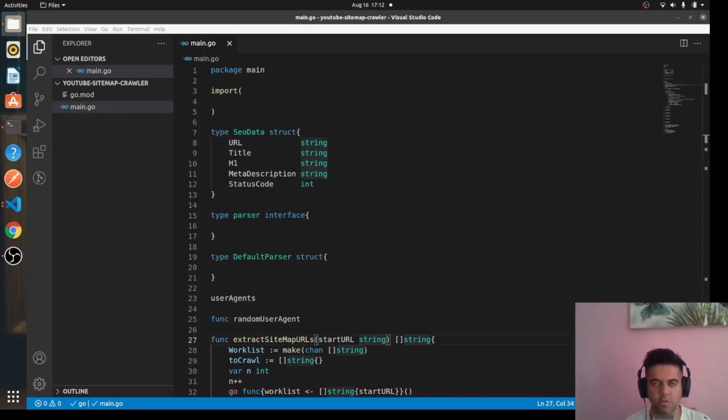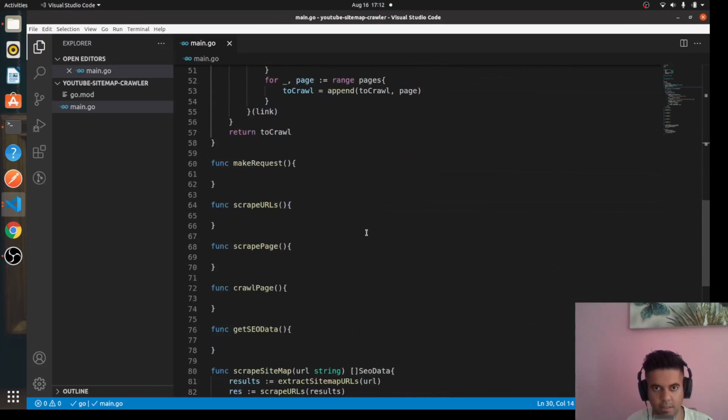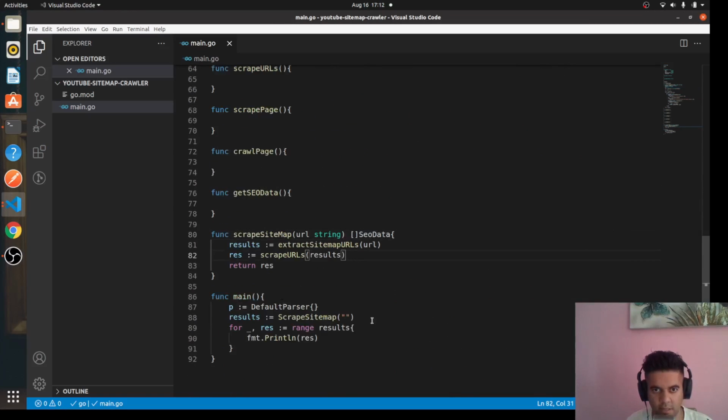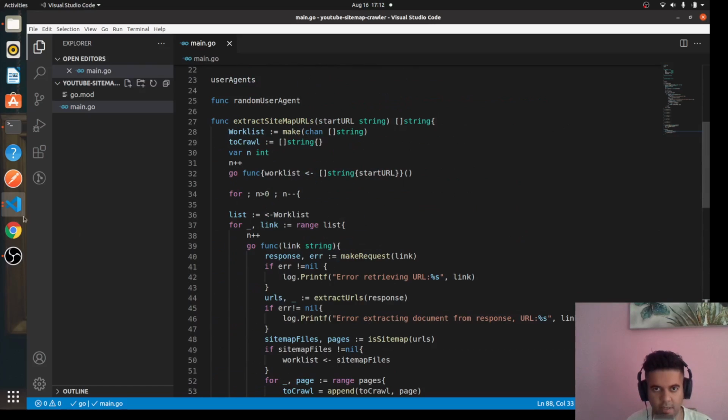Hi guys, welcome back. So this is the fourth video of the Sitemap crawler series. In the first video we saw the entire approach using a diagram on how we'll approach the project. Second video we started creating the outline of all the functions. The third video we created a struct called SEO data and extract sitemap URLs function, scrape sitemap function, and the func main. And in this video